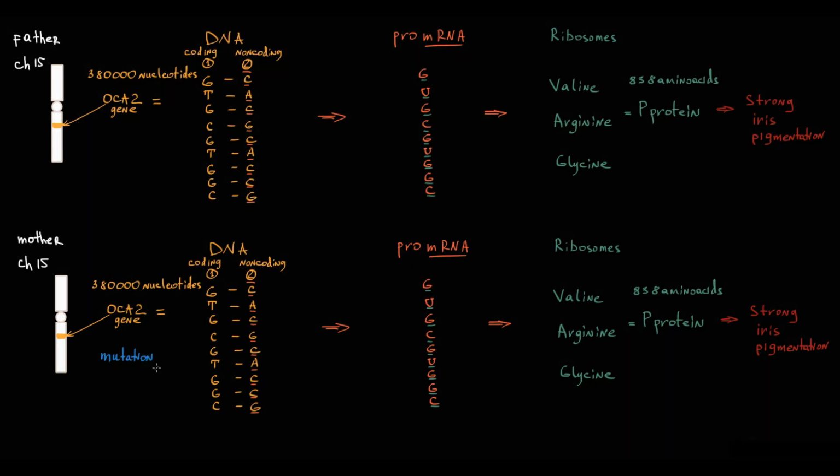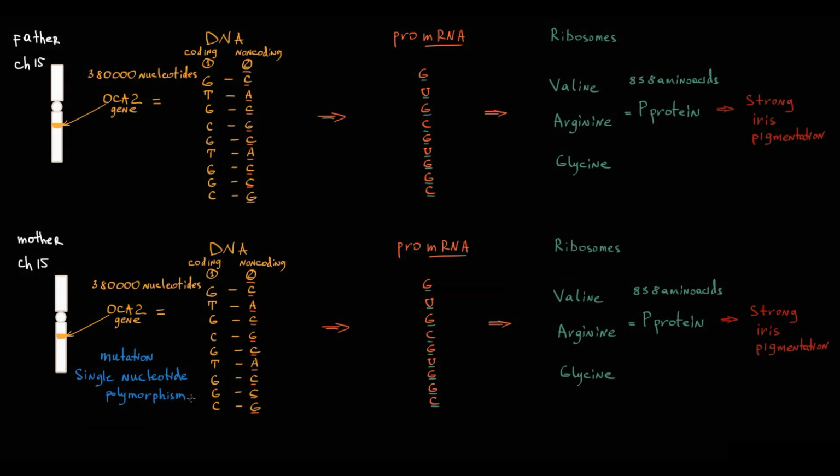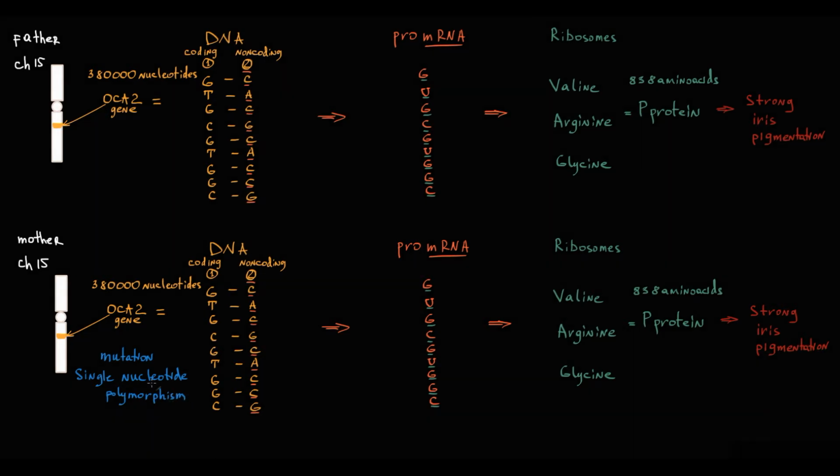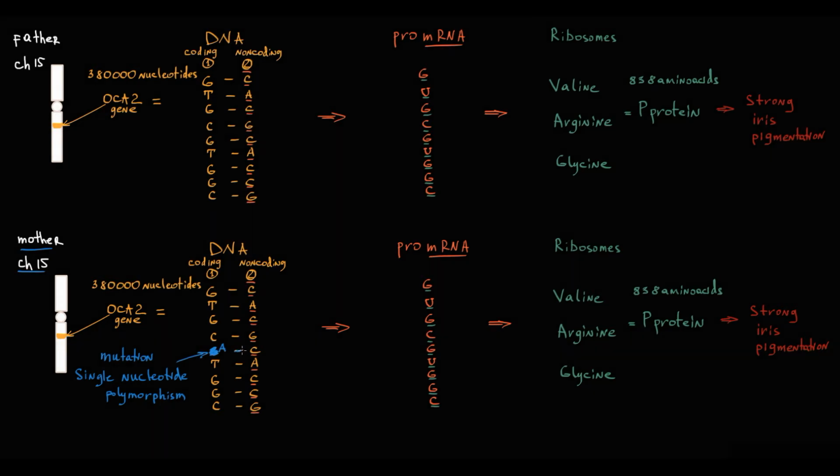Because mutations can change the nucleotide sequence. The most common type of mutation is called single nucleotide polymorphism. This mutation substitutes one nucleotide in the DNA structure with another nucleotide. So let's assume that such a mutation occurred on the mother's chromosome at this codon, and it caused substitution of guanine with adenine. So in the second non-coding strand, thymine will be complementary to adenine. In messenger RNA, uracil will be complementary to thymine.